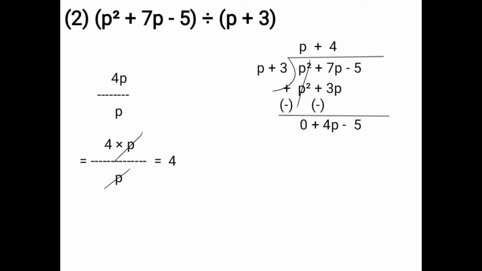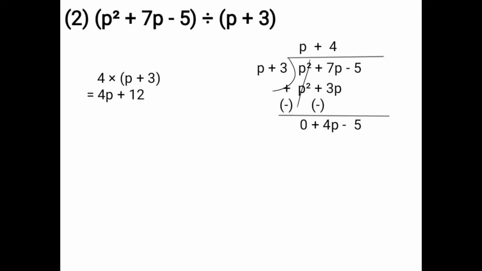Now you have to multiply 4 into p plus 3. In the first term, after dividing variable by variable, you get the quotient here first, and then you multiply p into p plus 3. Even when you divide the second term by the variable, you have to follow the same method. Now multiply 4 into p plus 3. Use the formula of a into b plus c and then solve it. 4 into p is 4p, plus 4 3s are 12, that is 4p plus 12.